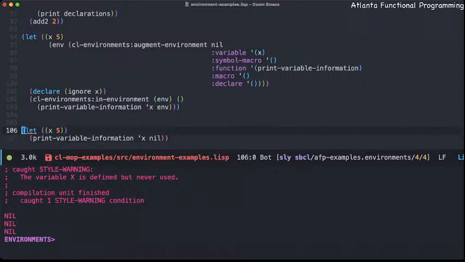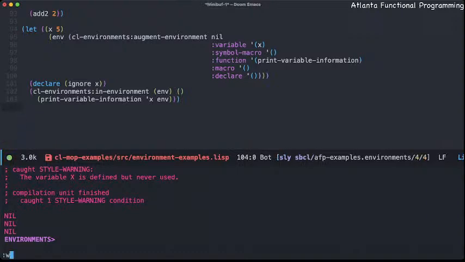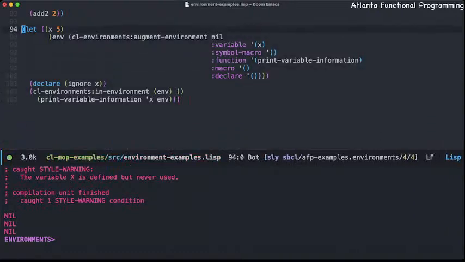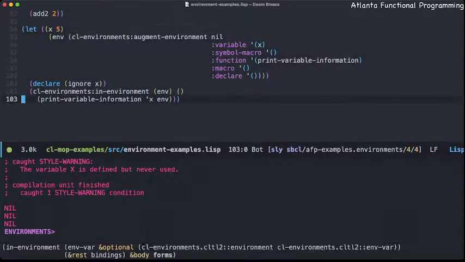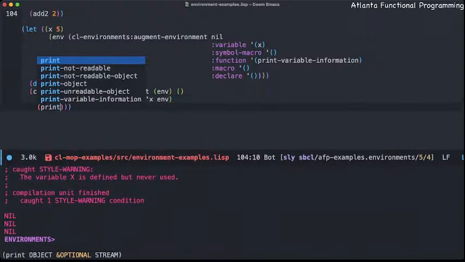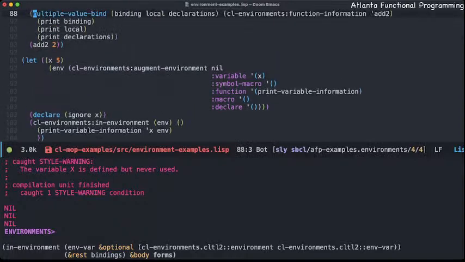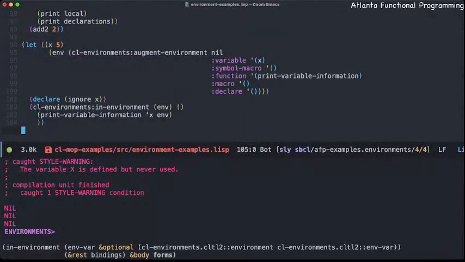So lexically scoped variables can only work within the context of a given environment object instance. So you have to always augment the environment before you actually can go and use it. This is the same if we provide, say, print function. We end up doing what we did before with the print function stuff. If we were to define in this environment, say